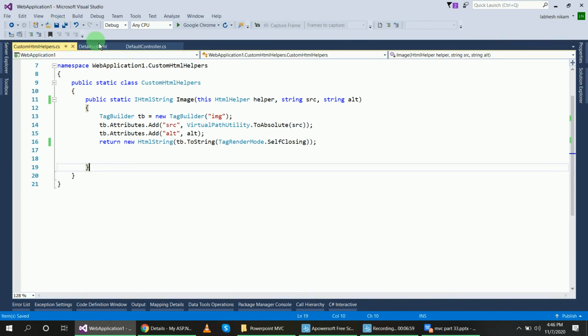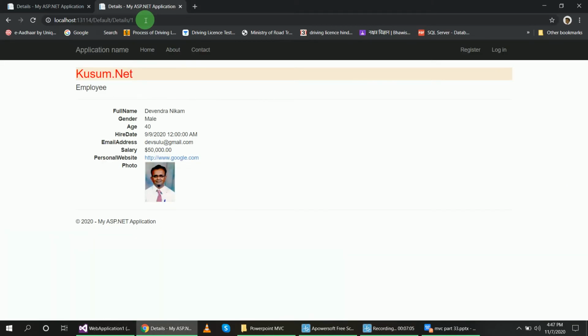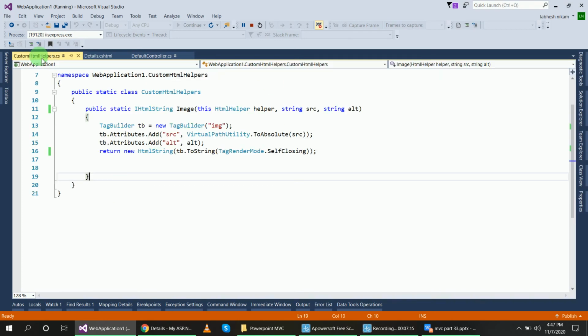Let's check it. You can see now that in place of the encoded HTML string it displays the photo, because HtmlString uses the IHtmlString interface, and the HTML encoding conversion is stopped.